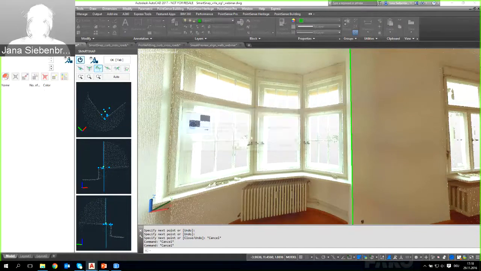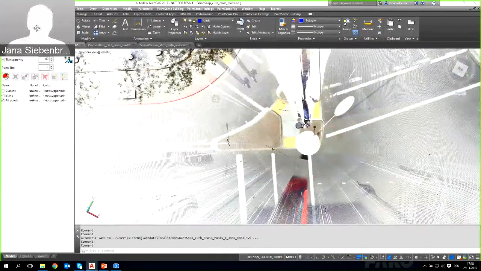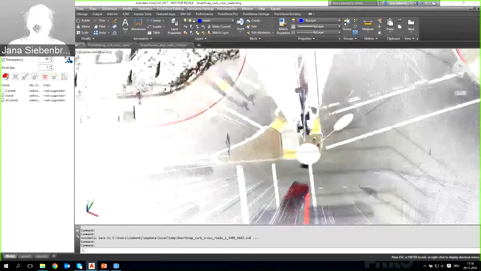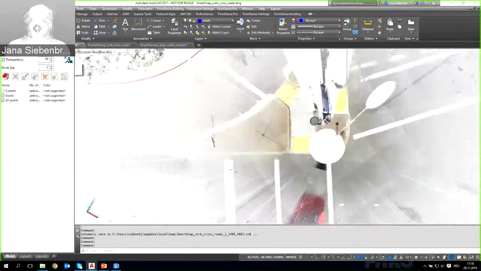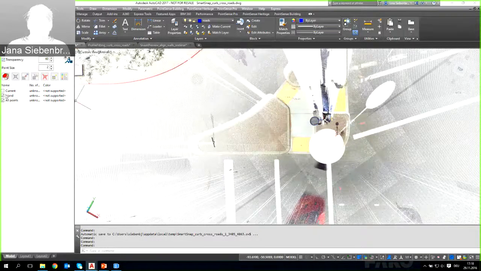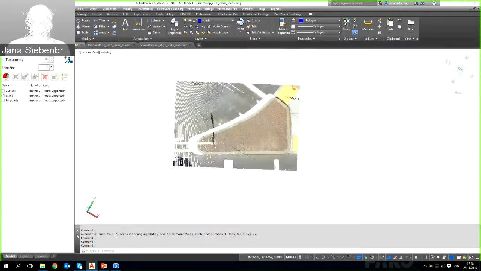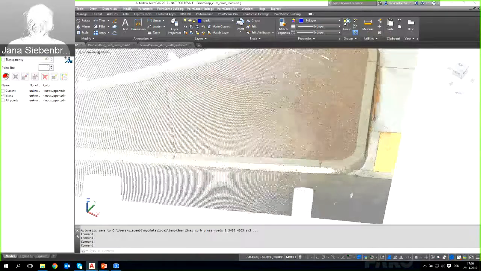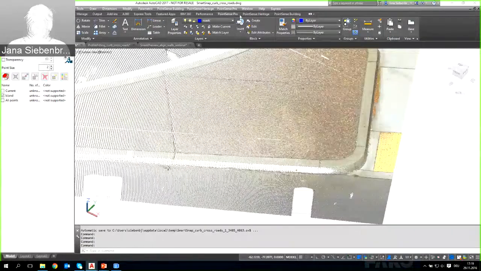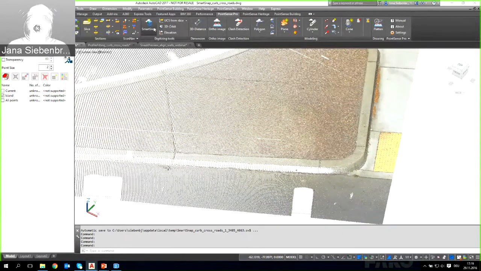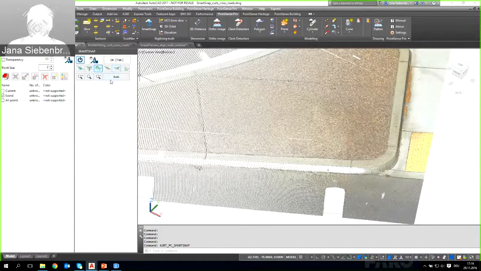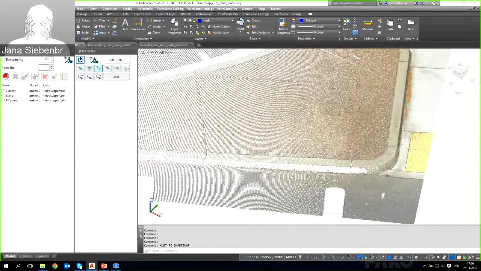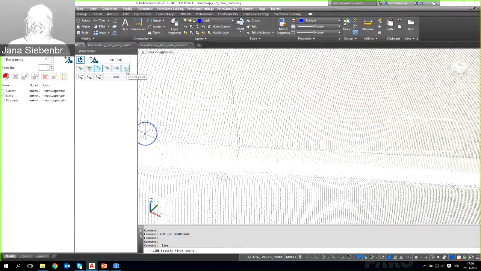Let me just close this drawing. Here we have scan data of a road cross section, and what I'd like to digitize is the bottom line of this curb using the smart snap. So I run the tool again, and here I think I will start the line command once more, and I would need to snap to the lowest